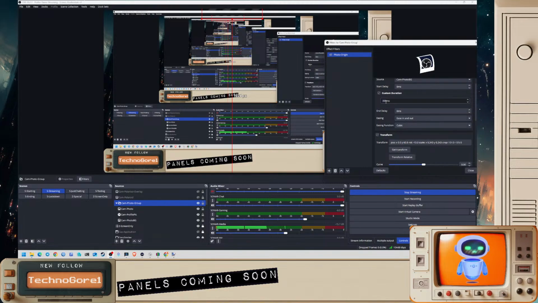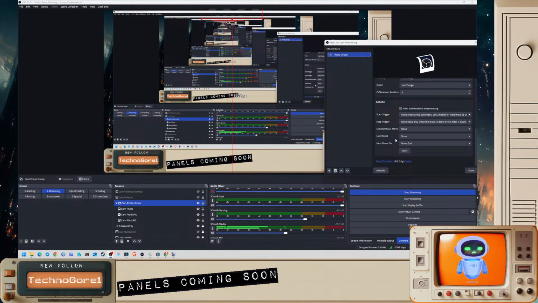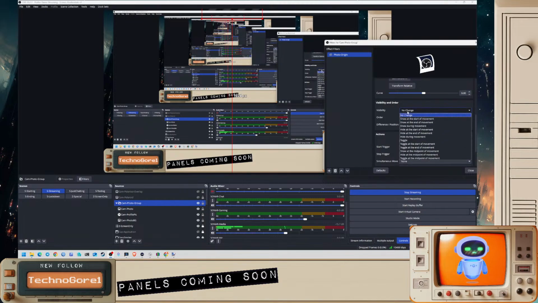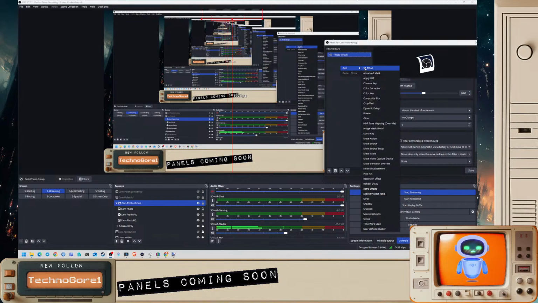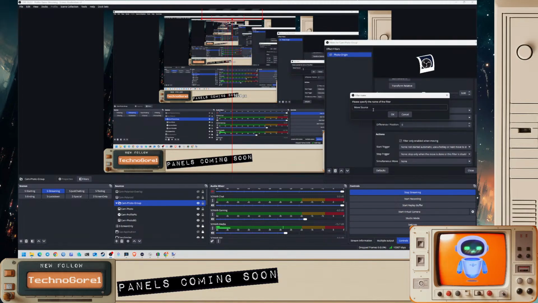And I'm going to get transform. There's going to be a minimum duration on this, which I believe is, actually I can do a 0 duration. That's fine. It used to be like 10 milliseconds or something. And I want to make sure it is hidden, so hide at start of the movement. And I'll do that. Okay, I'm going to make another one, and I'm going to call that one photo